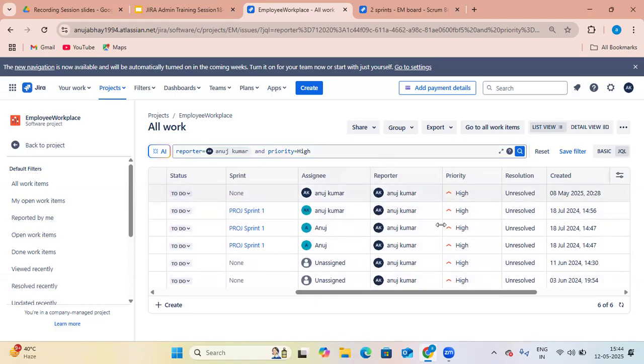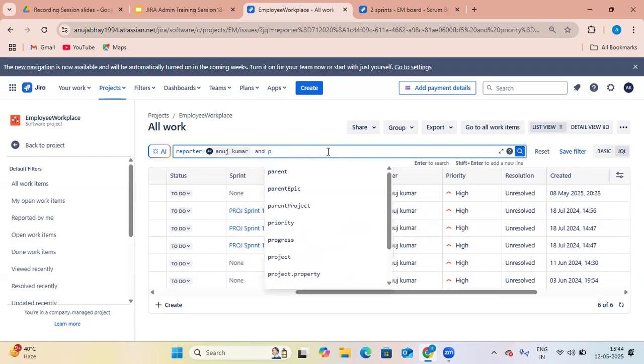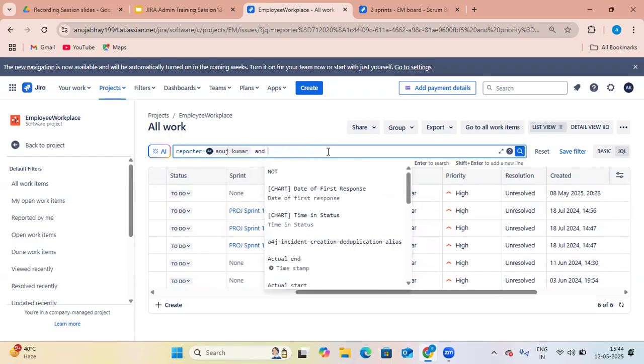Okay. Now sprint. This is a sprint. Now remove the priority. Now if your respective senior stakeholder asks you to give only those stories which are in a certain sprint, like sprint one, sprint two. Sprints are also mentioned in series order, means sprint one, sprint two, sprint three, sprint four, sprint five. Okay. So write sprint